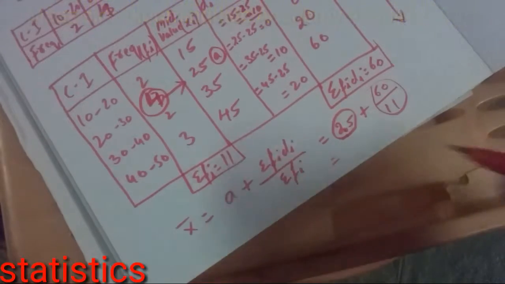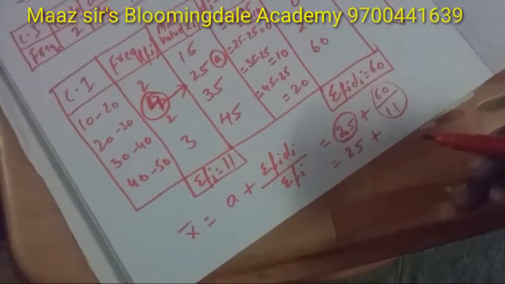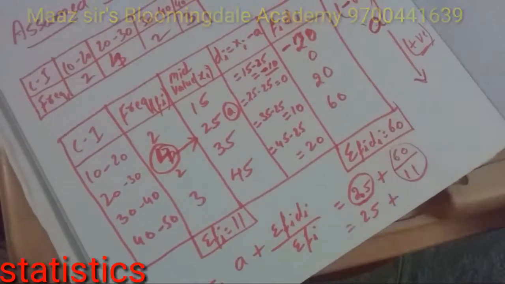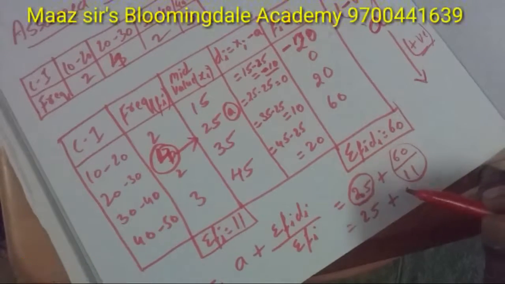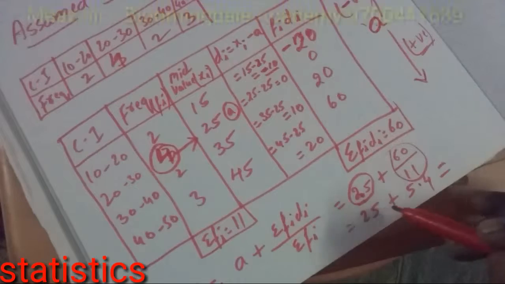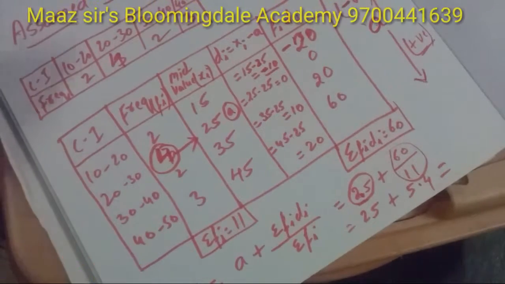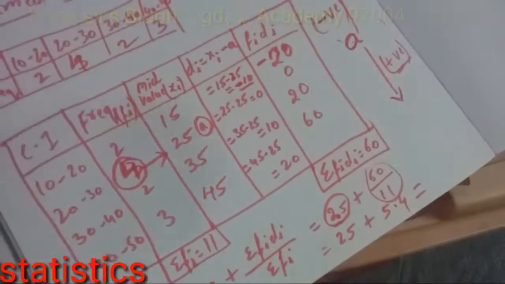Here you are getting the answer 25 plus 60 by 11. How much you are getting? That is 5.4. So when you add 25 plus 5.4, most of the students, how they add,